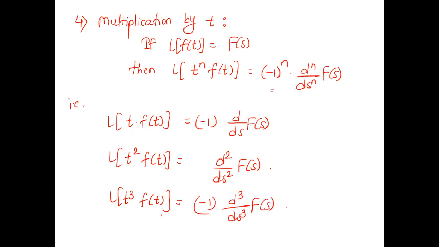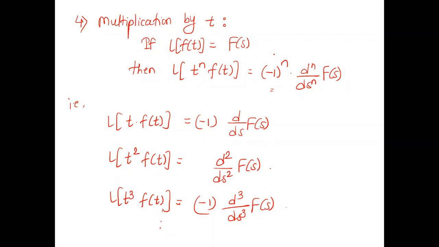So now, are you getting that if t has an odd power there is a minus sign, and if t has an even power there is a plus sign. And whatever the power is, that many derivatives you have to take. If it is 1, first derivative; 2, double derivative; 3, triple derivative. But remember, if it is odd, negative sign, and if it is even power, positive sign. So in general, this is the definition.